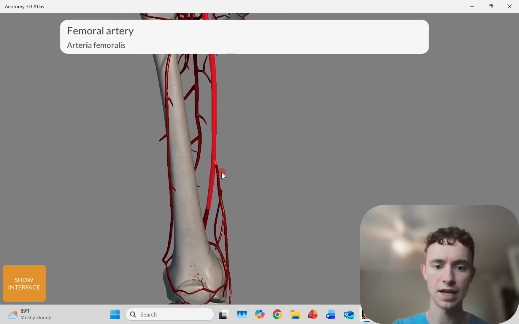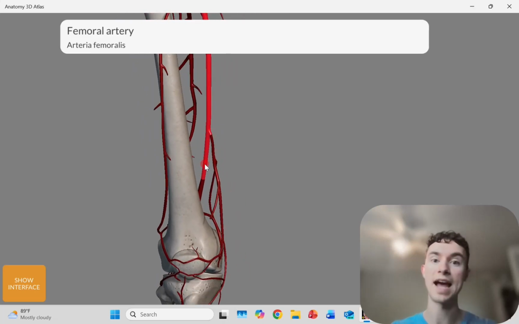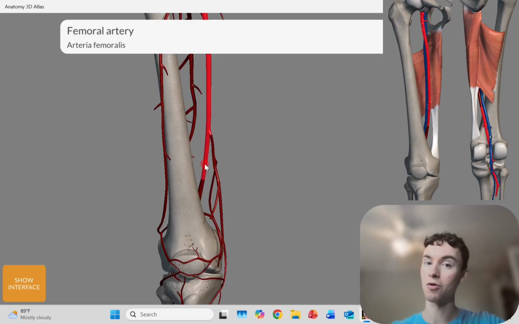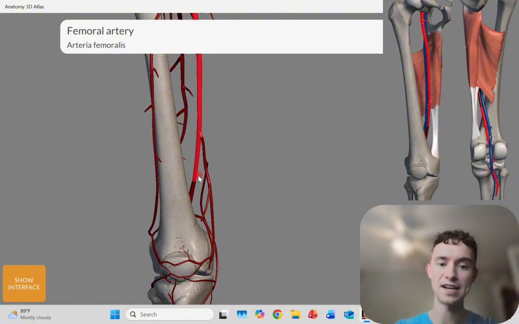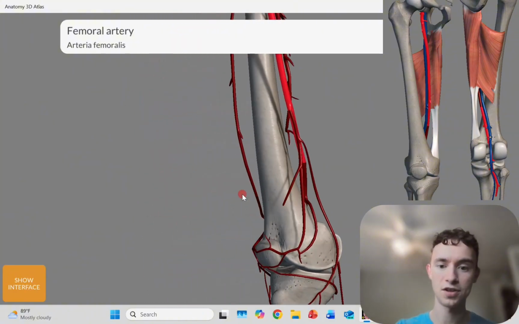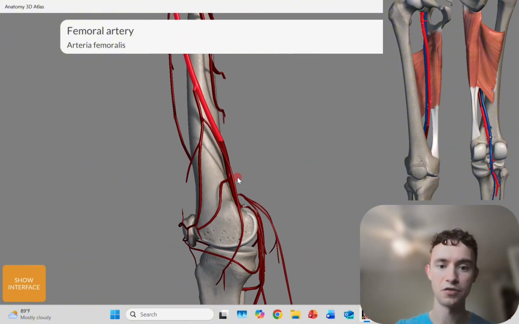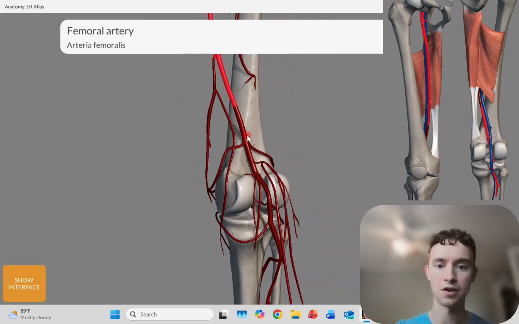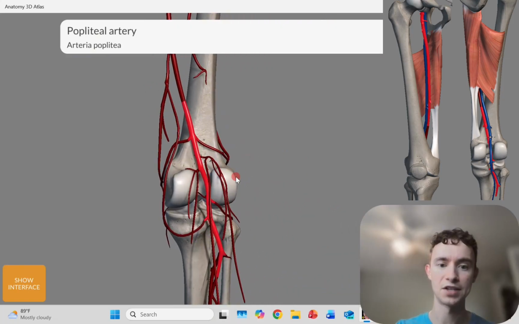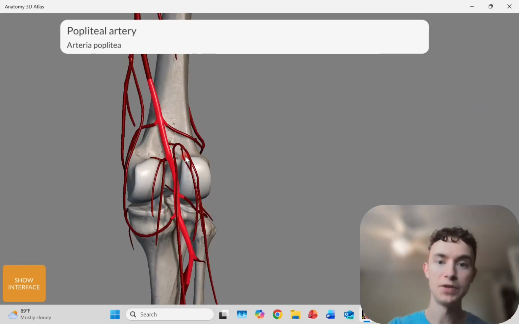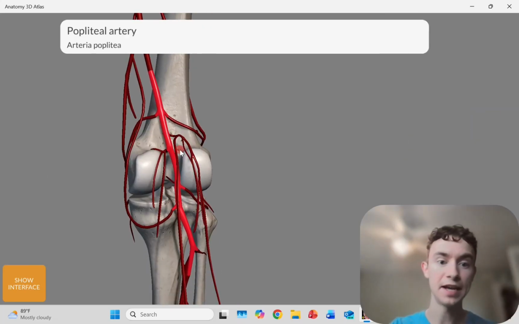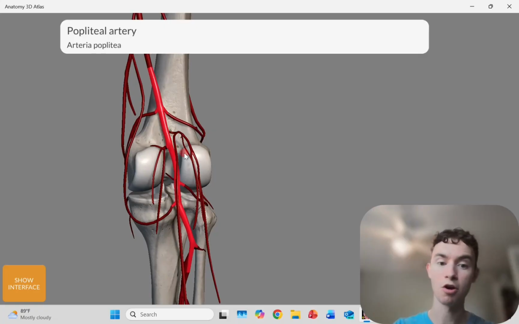And as soon as it courses through the adductor magnus, where there's a hole called the adductor hiatus, the femoral artery and vein both go through this hiatus, and it'll actually course posterior to form the popliteal artery, which is back here. And so right here is our popliteal artery after it coursed through that adductor hiatus. This is the major artery in the back of the knee and gives rise to some important arteries that supply